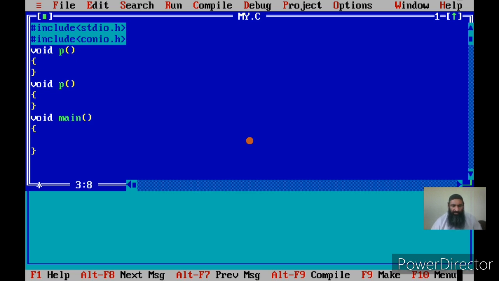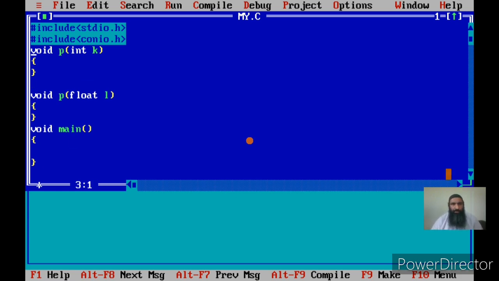The first function P has the argument int k. The other function P has the argument float L. Now we have two functions with the same name, but they differ in the type of arguments.